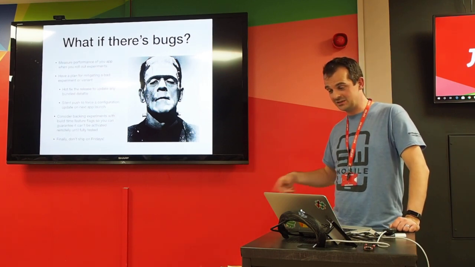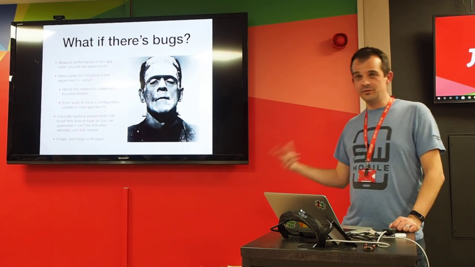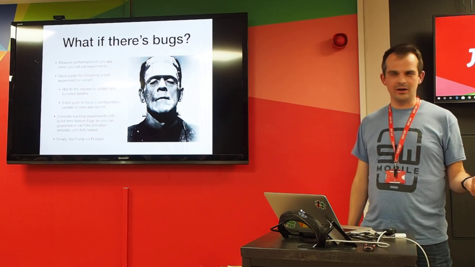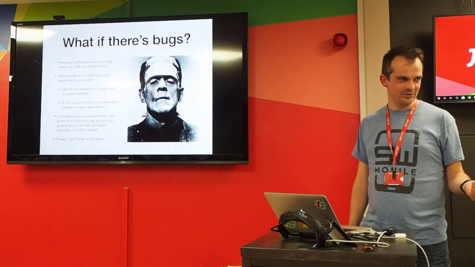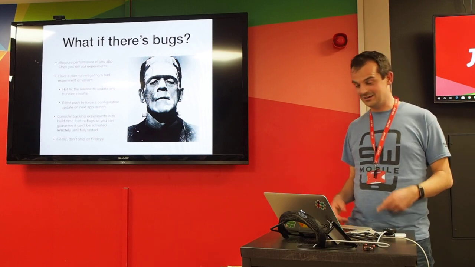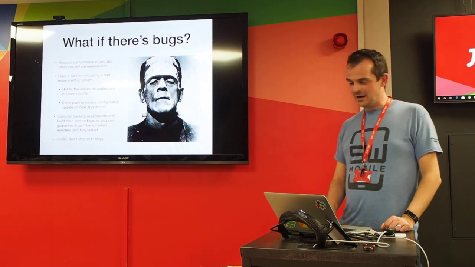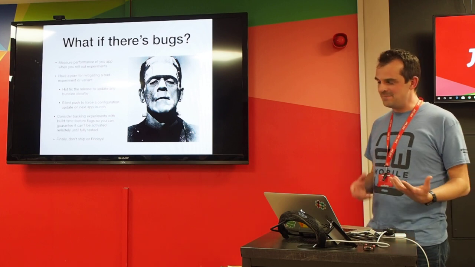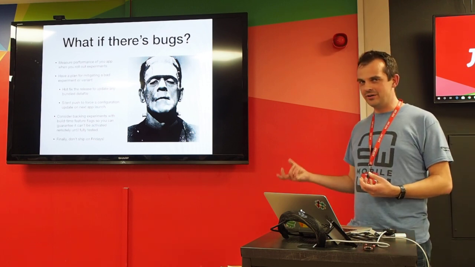whatever you use, Crashlytics, app reviews. If people start saying, I can't check out, what the hell's going on? What have you broken? Why have you broken this for me? And you're like, what are you talking about? And then you go, ah, yeah, we've broken something. So have a plan for mitigating a bad variant or a bad experiment.